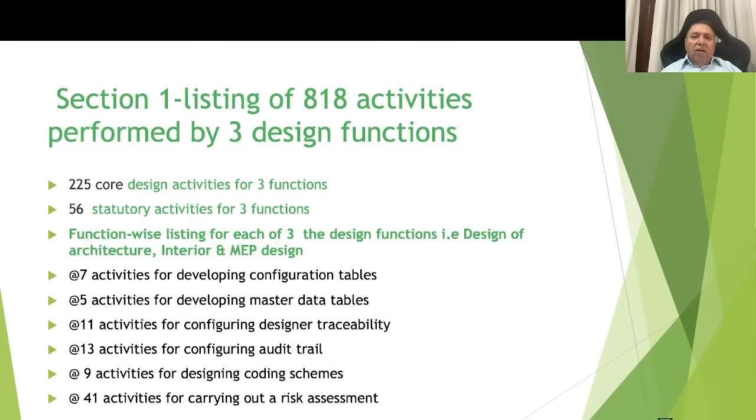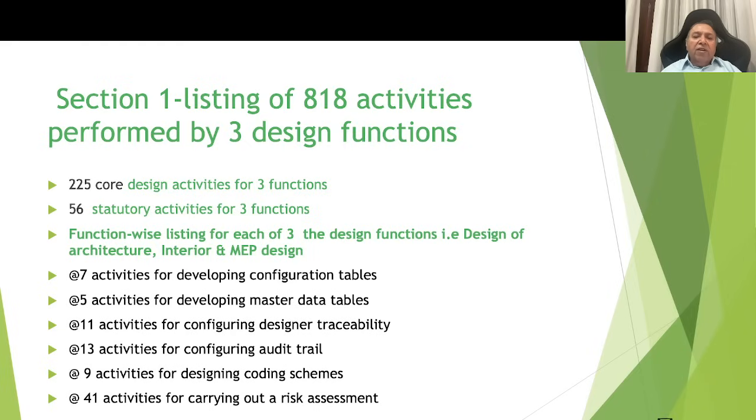Now, section 1. In the context of the business design function, 818 activities which I have identified in my book need to be captured very clearly. These include 225 core design activities, 56 statutory activities, and then there are remaining activities which are common for any function, like 7 activities for developing configuration tables, 5 activities each for developing master data tables, 11 activities each for configuring designer traceability,